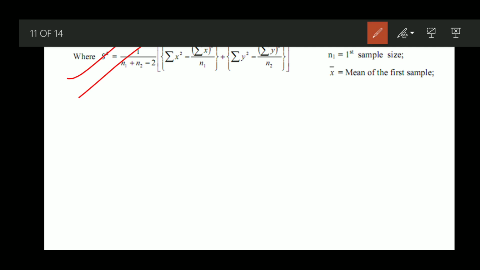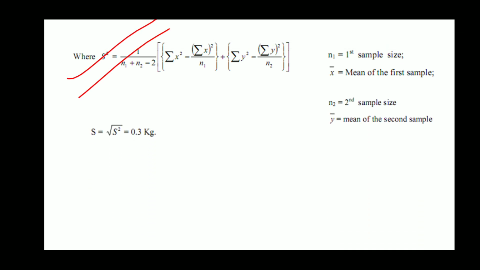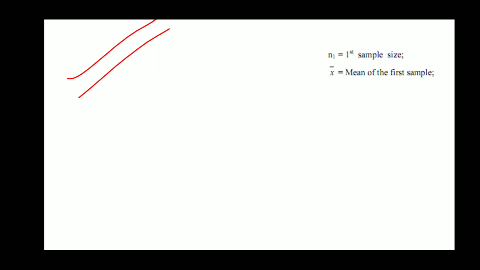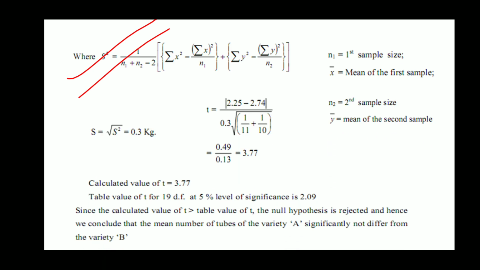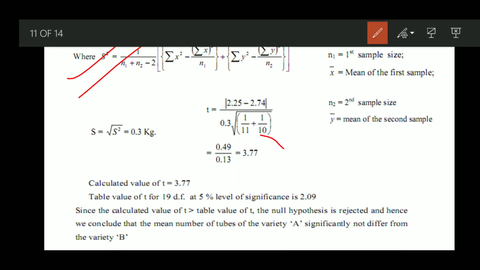Okay, this is the formula of s, and if you calculate the value of s, you get this value, 0.3 kg. Okay, this is the t value using this previous formula. I've calculated the t value here, which is equal to 3.77. Okay, now what I have to do is find the table value, which is equal to